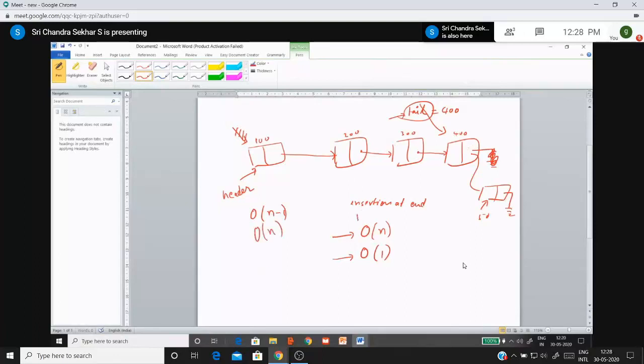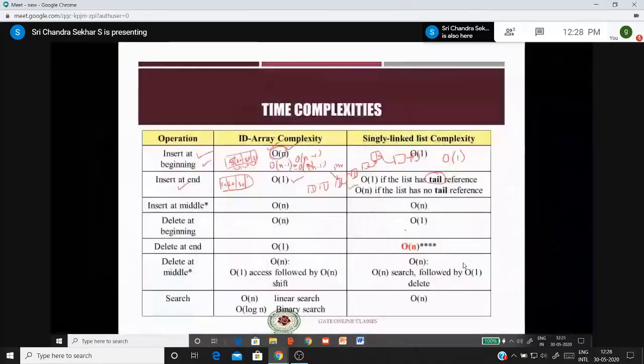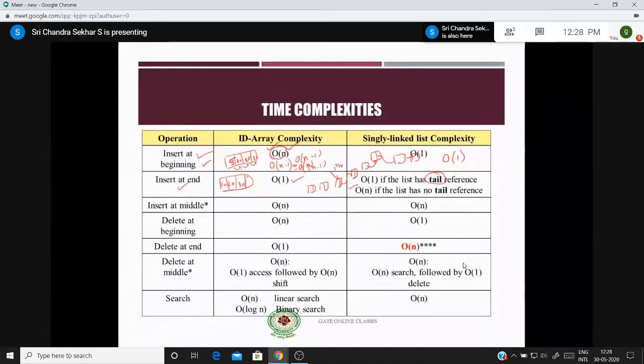So this particular thing is very, very important, right? If you have a tail reference, it is just big O of 1. If it doesn't have a tail reference, it is big O of n. This is why it is big O of 1, we have discussed, right? And coming to insertion at the middle, it is big O of n, right? For example, if you have two elements, I want to insert one more element in between. You have to create space. So if it is n elements, you have to move n elements towards the right to create the space, and you have to insert it, which is equal to big O of n.